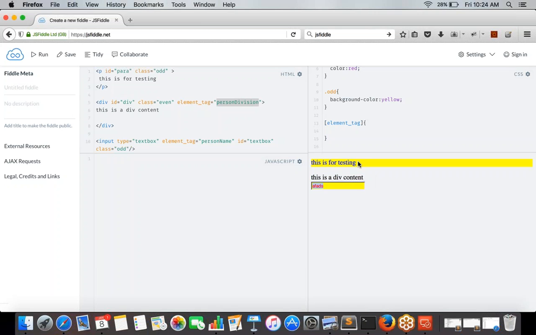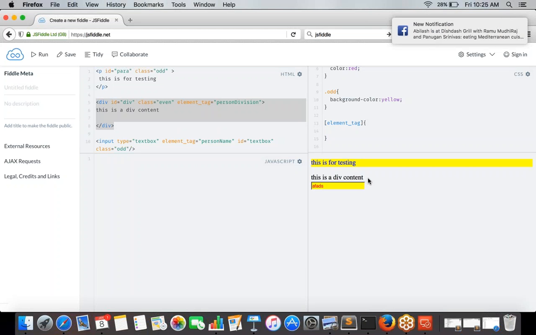So this is odd and this is odd, and this is even. This is the even part. Where do we have yellow background? This is not yellow. Okay,